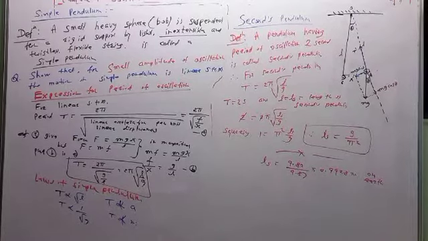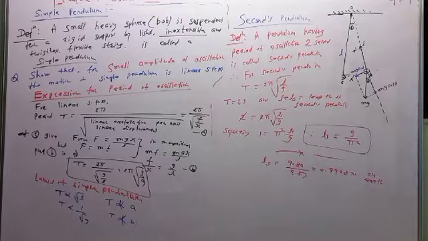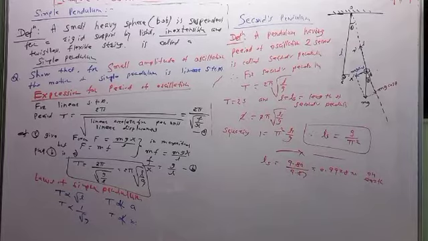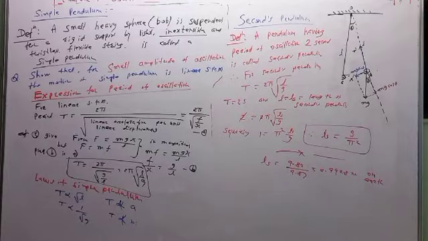If we use the seconds pendulum on the surface of the Moon, then g will become nearly 1/5. Therefore, the length of the seconds pendulum will also become nearly 1/5 of this value. So it will be, I think, approximately 0.19 something meter. Around 19 to 20 centimeter length we will have to use on the Moon's surface.